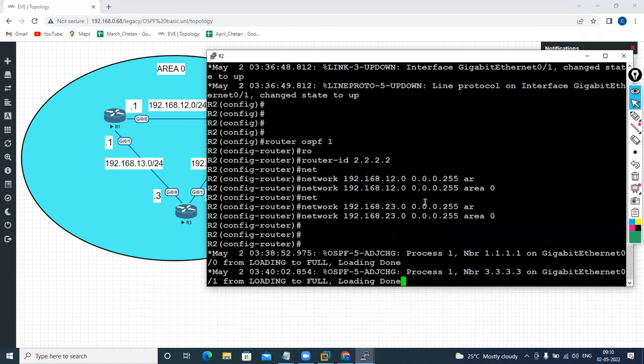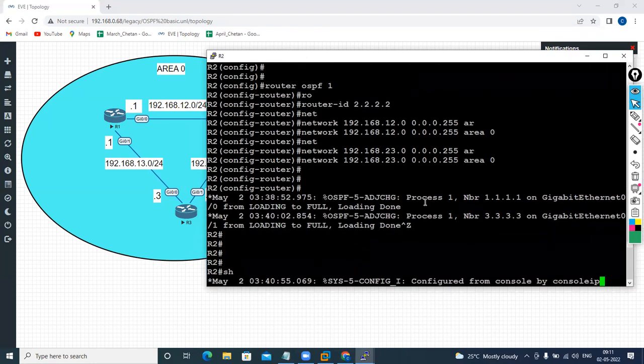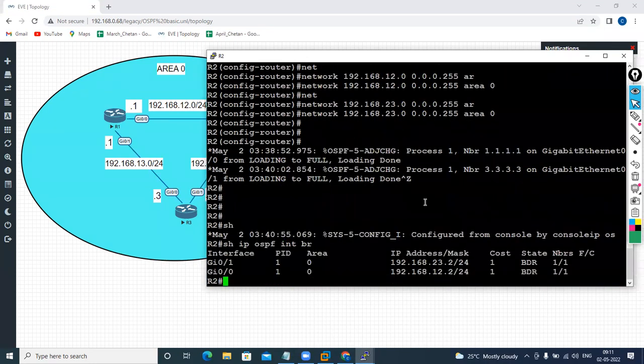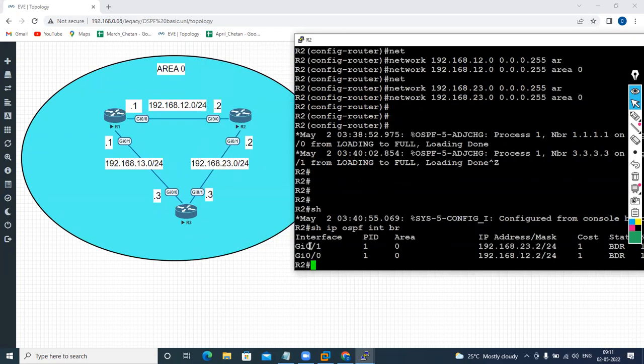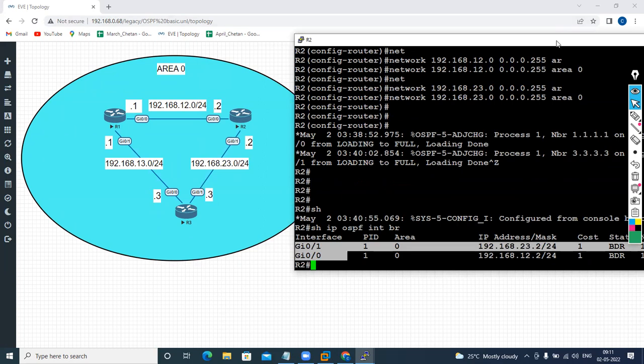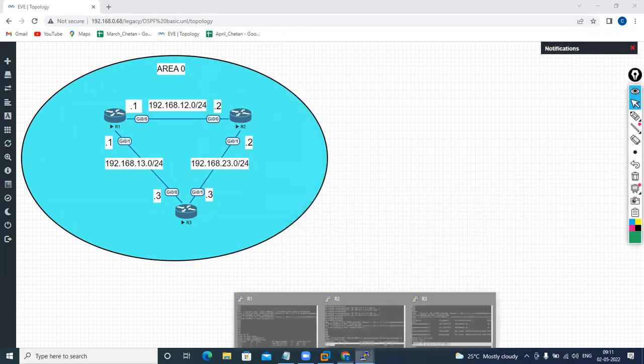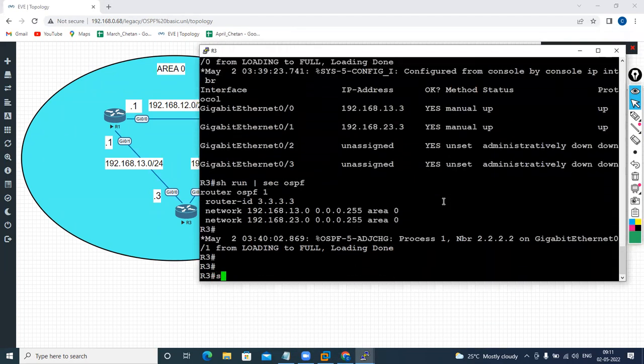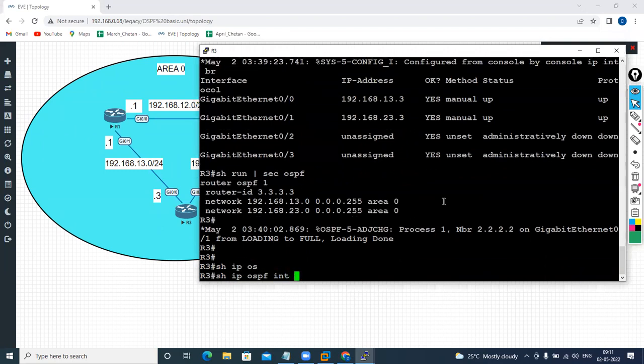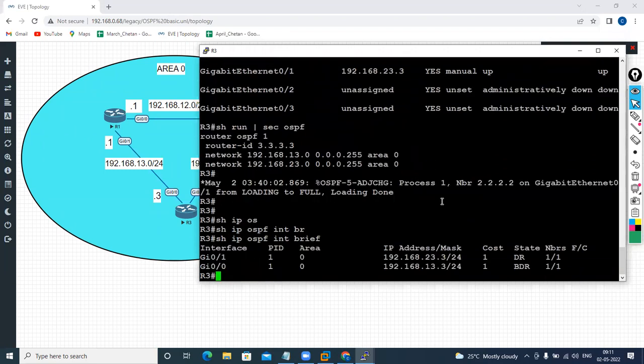On R2, show ip ospf interface. Enabled on Z0/0 and Z0/1. Fine. So go to R3, show ip ospf interface, enabled on Z0/0 and Z0/1. Now,